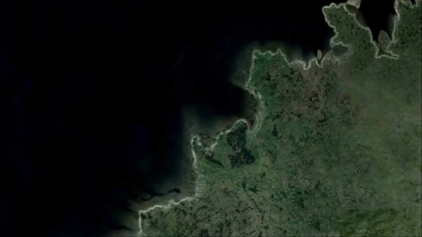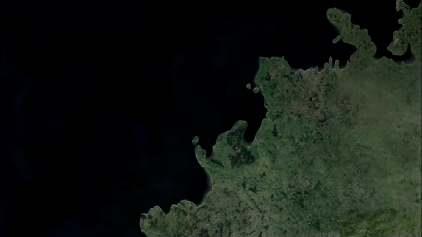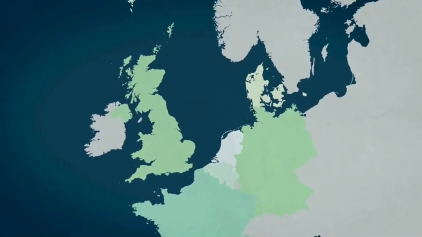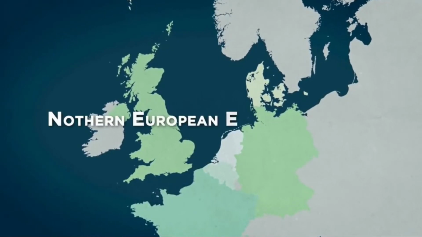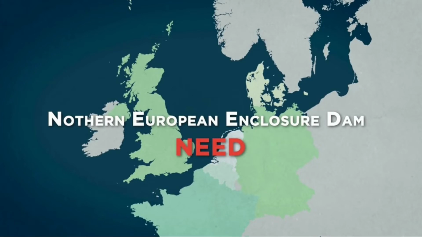So in the event that this happens, only a very radical solution could push the ocean back. And what better people to come up with that radical solution than the Dutch, who have been fighting this very war for centuries? Enter the proposal made by a Dutch scientist and his German colleague, dubbed the Northern European Enclosure Dam, or NEED for short. The proposal calls for the construction of a series of colossal dams around the perimeter of the North Sea and the English Channel in order to block the rising sea levels from getting inside and threatening Northern Europe.